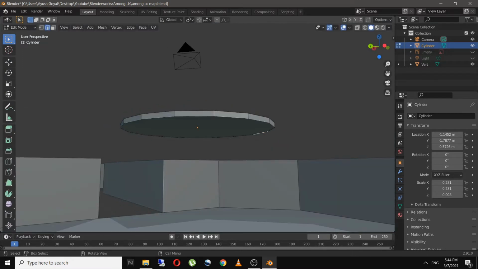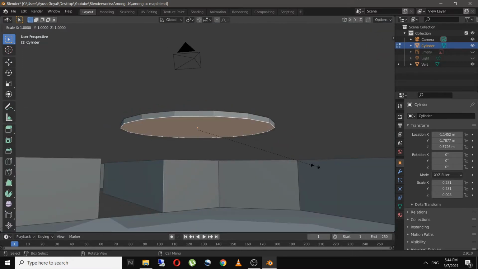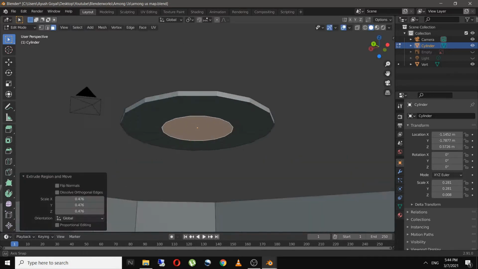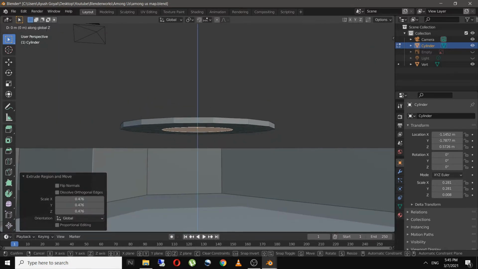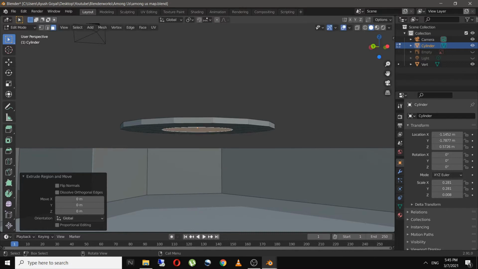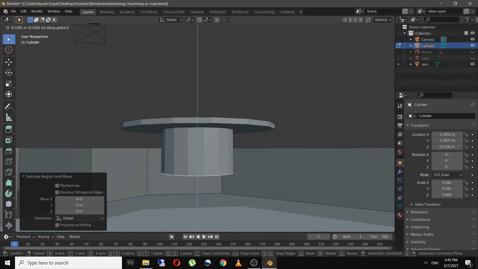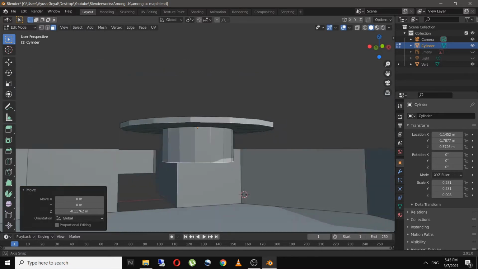This is one of the easiest maps to build in Blender, but it will take a lot of your time if you focus on every little detail since it has a lot of props. I wanted to make this map as accurate as possible, so I spent many hours on it.